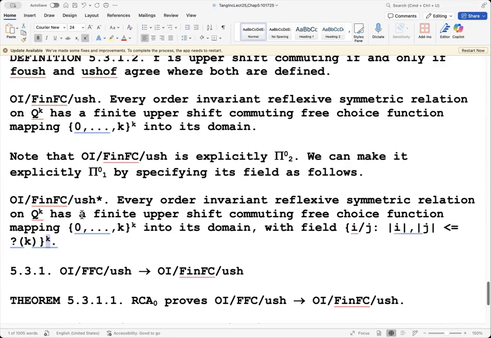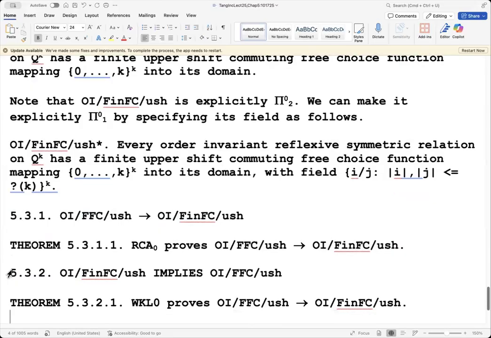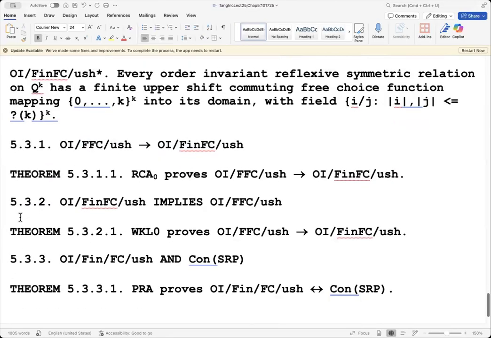With field blah. And the claim is that this is easy, that the infinite form, the full form gives you the finite form. You just take a function, and then you just take the skull of Hall, so to speak, take the value, you take its image under 0 through K to the K. Yeah, so there's nothing to do there. But the other way is more interesting, of course.